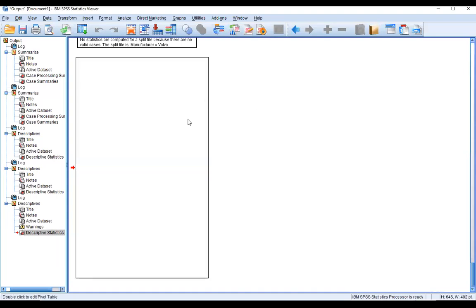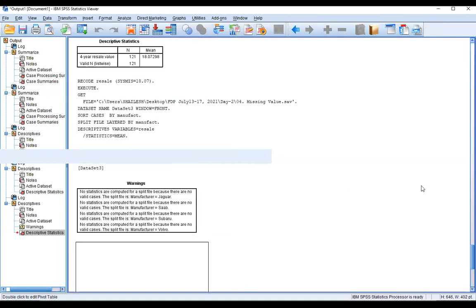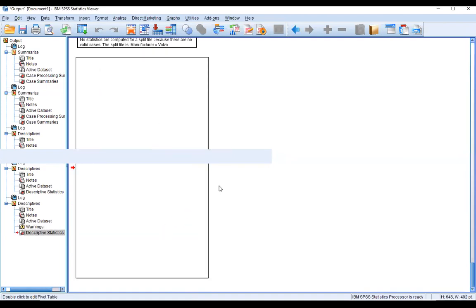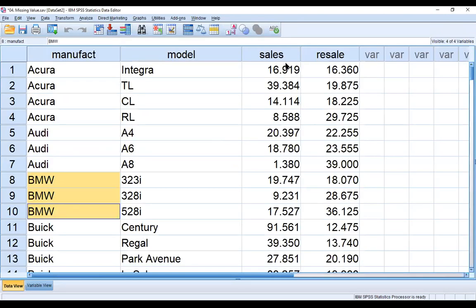I am sharing the output. Again, you can see the output. I think the output is not visible. There is a problem, maybe, no problem, I will do it again, I repeat. This is my missing value.